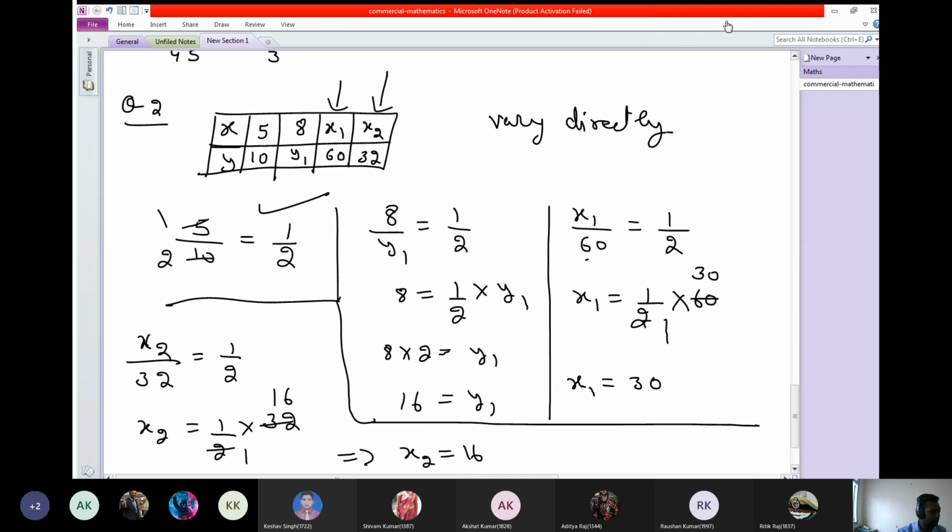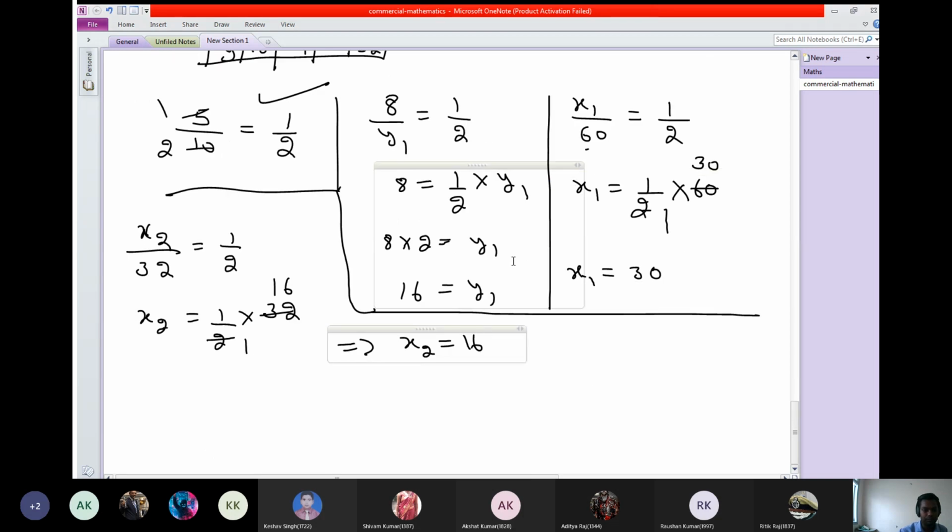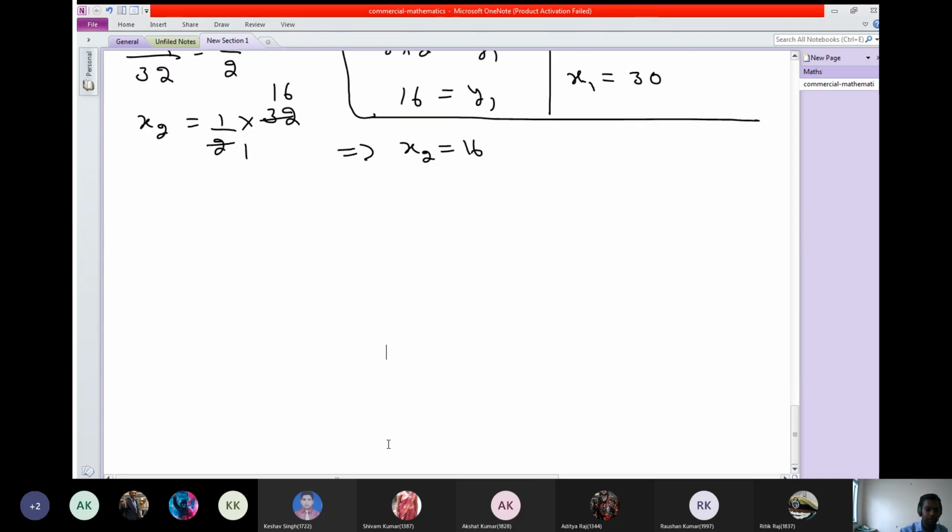Okay. Now question number 2 is part B, you can solve yourself. Now which part of the third part, question number 3, can you solve it or I need to solve it? x and y vary directly. What is given? y is 28 when x equals 4 by 7. Find the value of y when x equals 14. Question number 3.